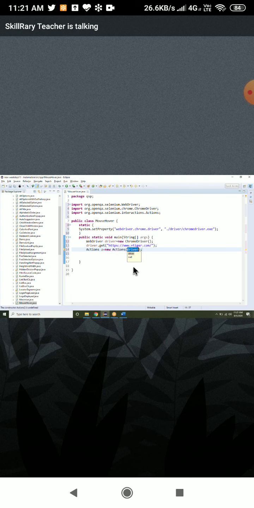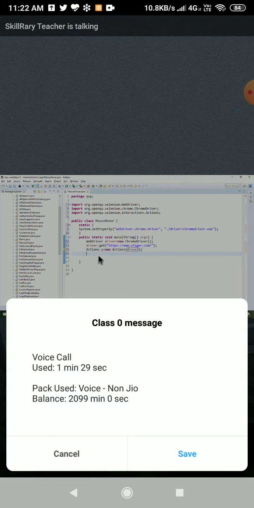You have to pass an argument to the parameterized constructor of the Actions class. It is going to take WebDriver as an argument. That driver reference you have to pass, so that it will come to know in which browser, Chrome browser, it should perform the action.